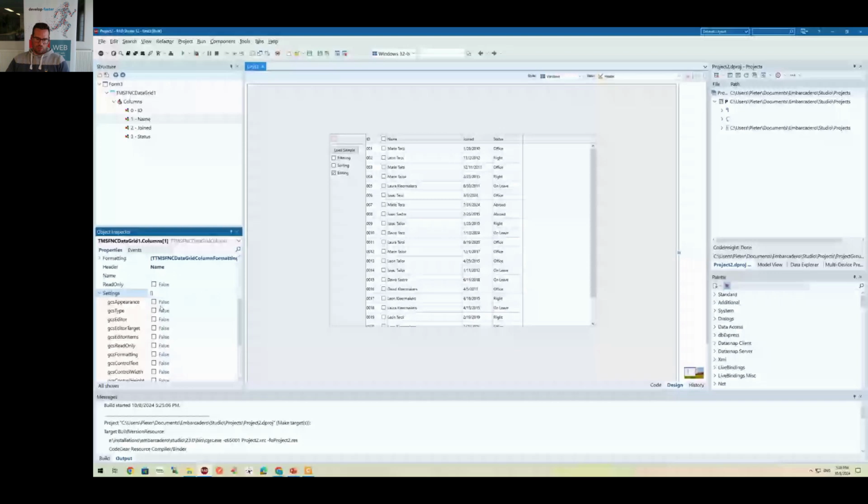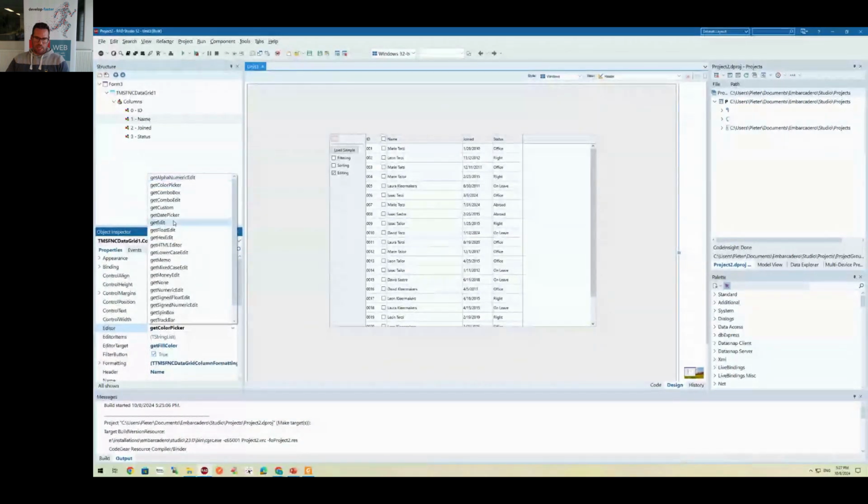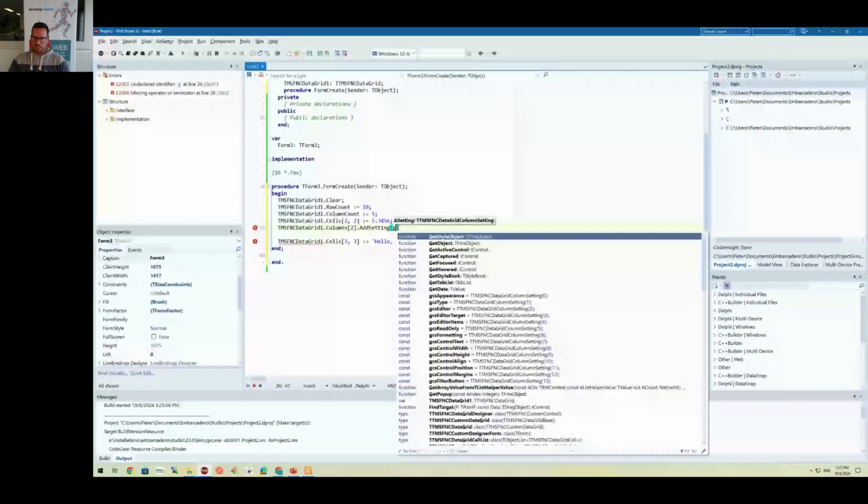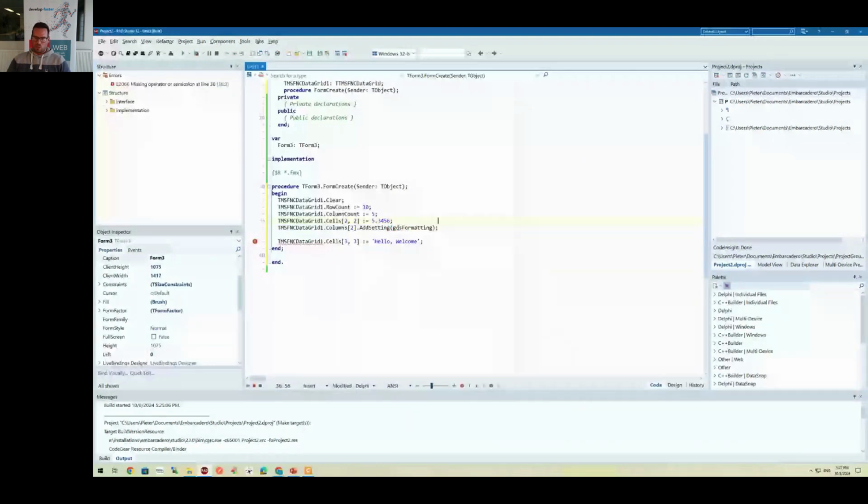So for example, if I change my in-place editor to a color picker, it added the required settings to take over at column level. Okay. So for the formatting, we actually have the settings here. We can transform the formatting here, but we can also do that programmatically. So then we actually just add the setting, which is the formatting setting here. And then we can actually format our value